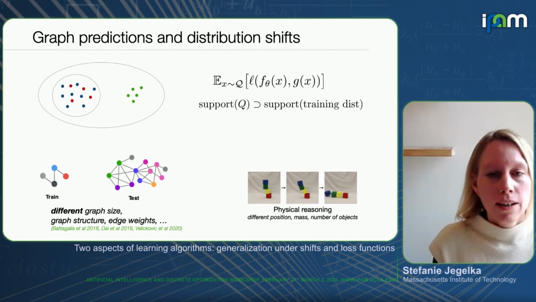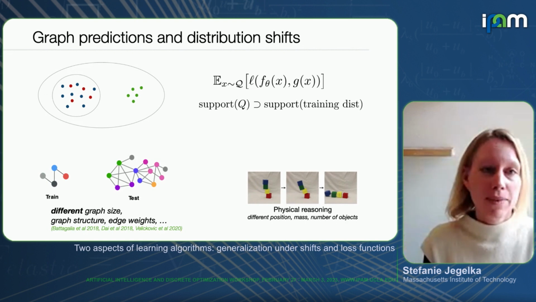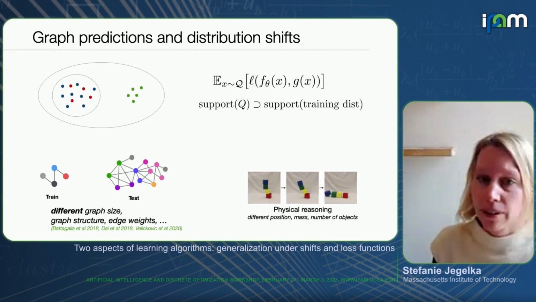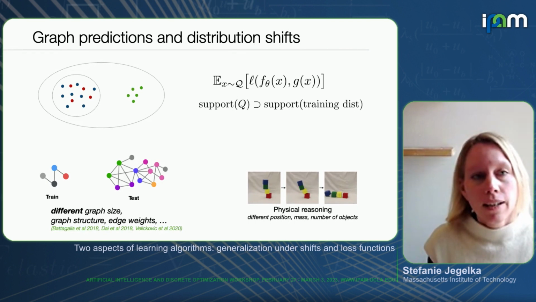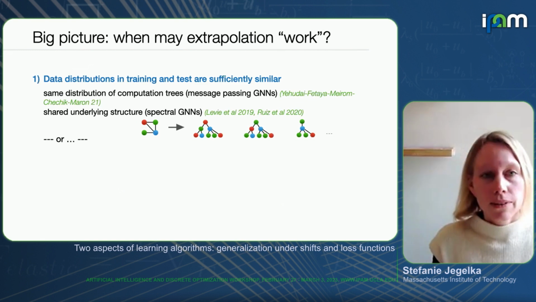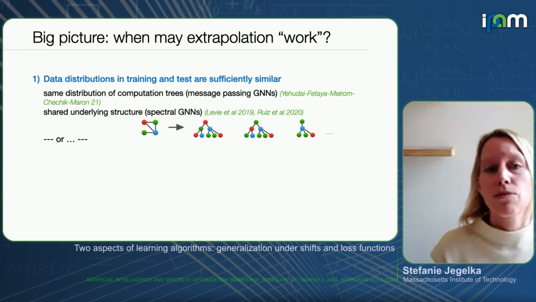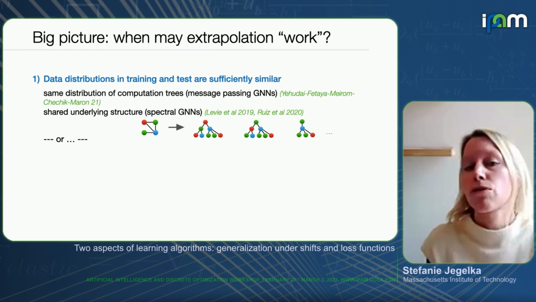So, as I said, in general, this is a bit hairy, and this is a problem not only for graph neural networks, it's also a problem for other neural networks, like transformers, which also have some trouble with this. So, under what circumstances may this actually work? If we look, for instance, at changing the structure of the graphs.